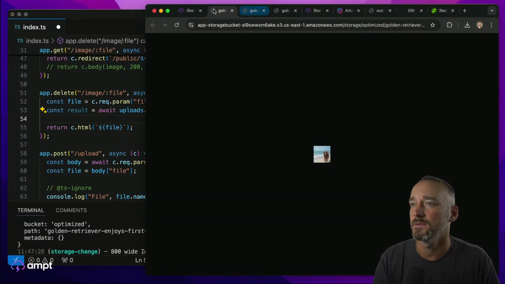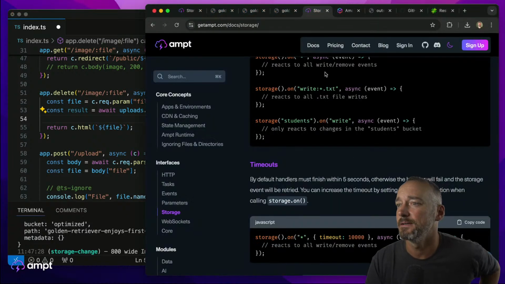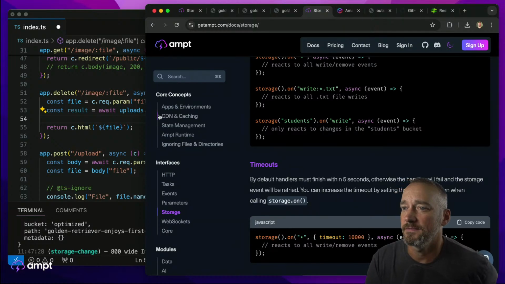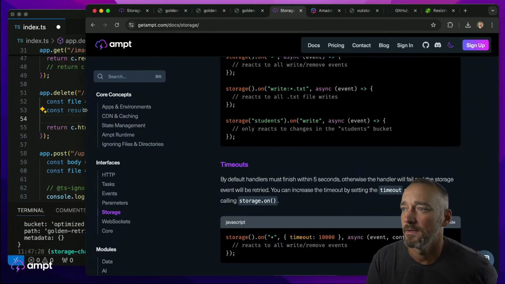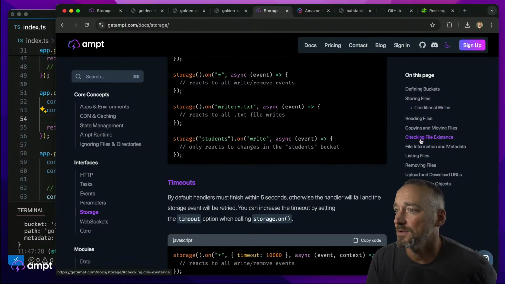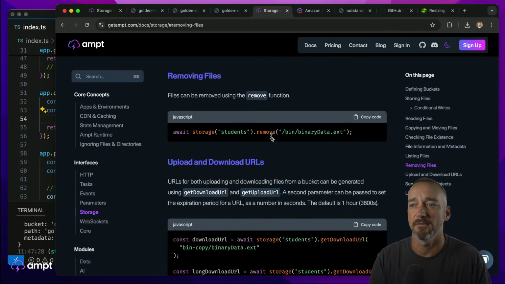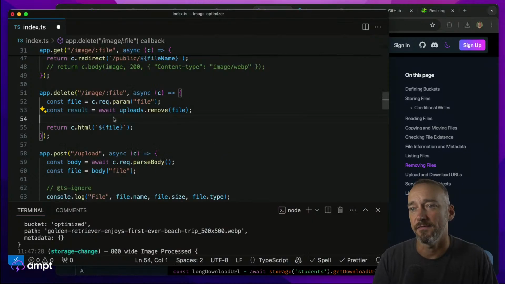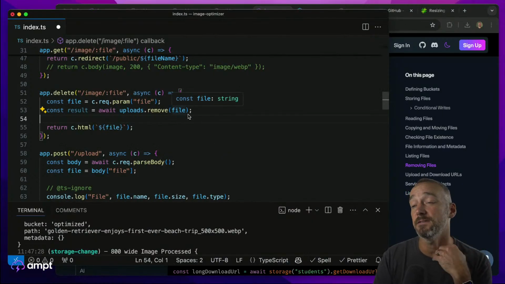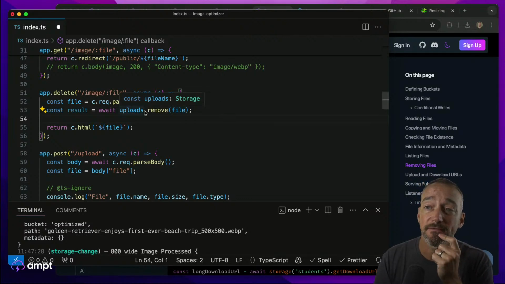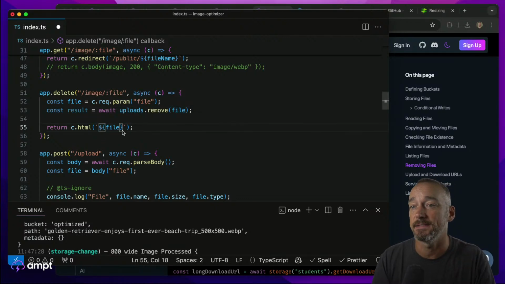If we go over to storage here, we have, make it a little bit bigger, you can see it. So removing files, we just call storage dot remove, and that will remove that file for us. So we're going to remove this particular file now, and then we're going to just return back and say file